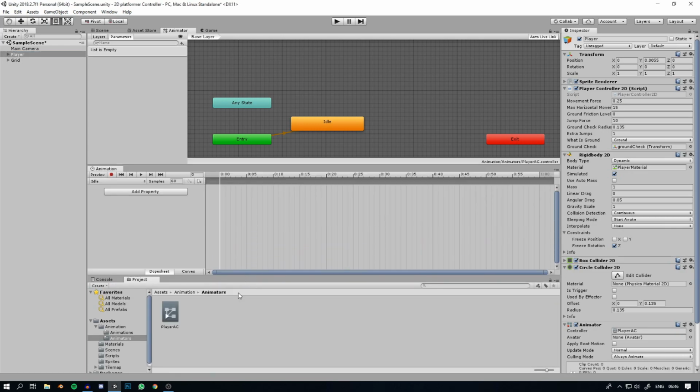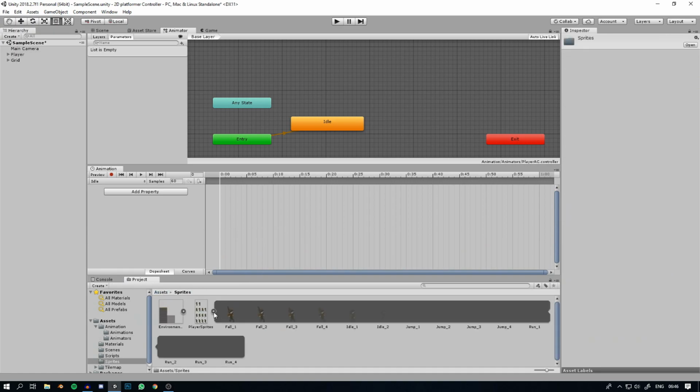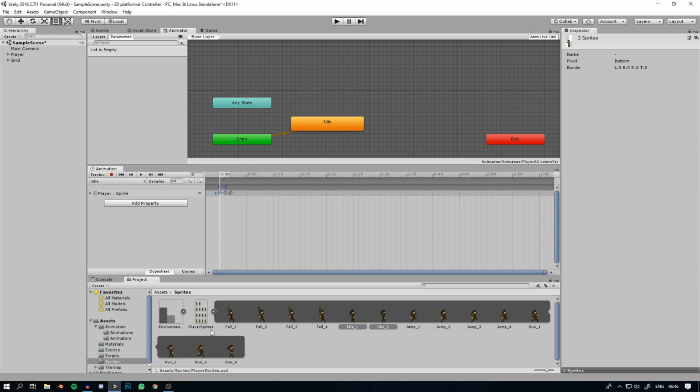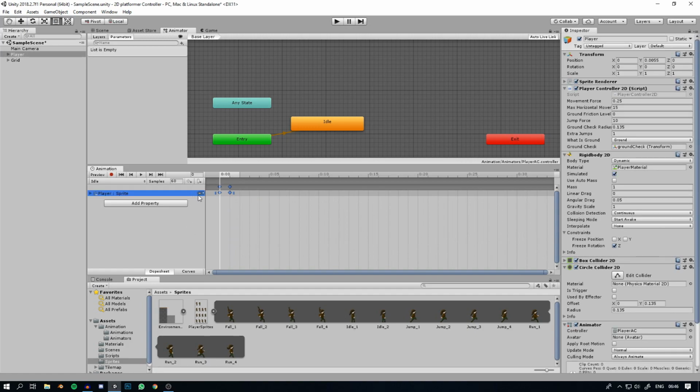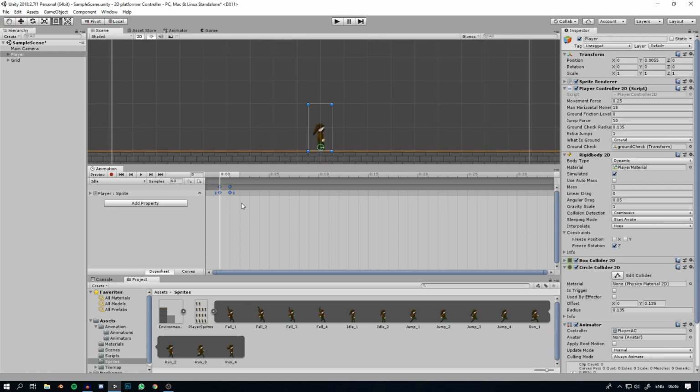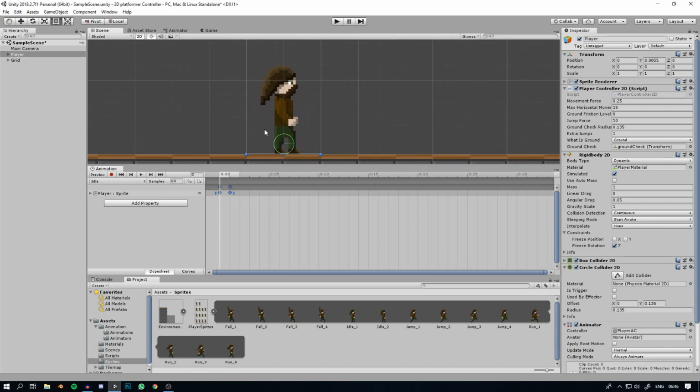Now to make the animation, you're going to go to your assets, sprites. You're going to open up the player, and we've labeled them all nicely. So the idle animation only has two different frames, so you can just shift select both of them and just drag them up in here. Okay, so we have both frames in here now. We don't need the animator right now, so we're going to go to the scene view so we can see what the animation looks like. So now if we click play, we can see that he's